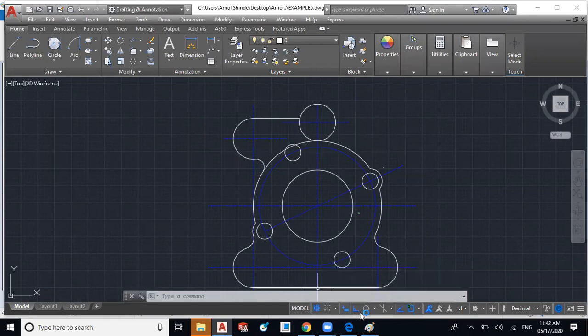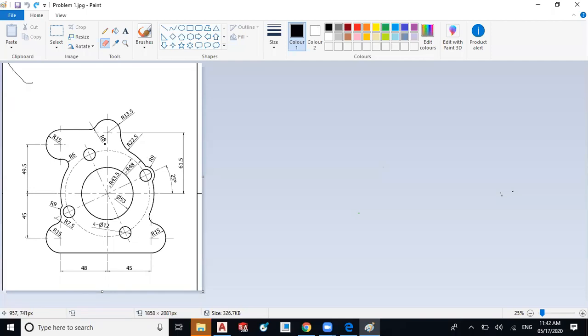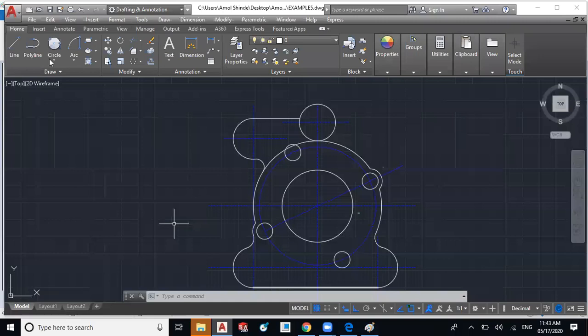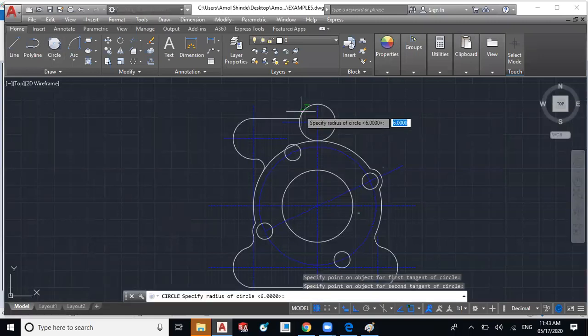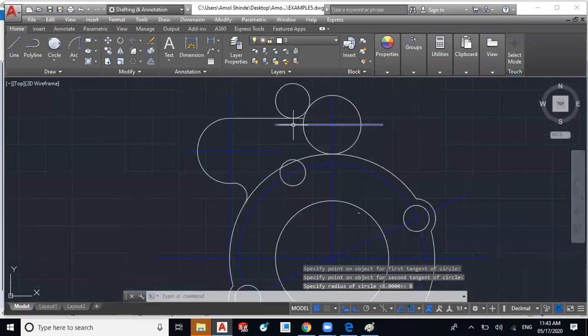Now you can see there is a small arc of radius 8, which is tangent to this horizontal and circle. So again we have to use the tan radius circle, which is tangent to this horizontal line and this circle, and radius is 8 mm. So we have to create this tan circle.